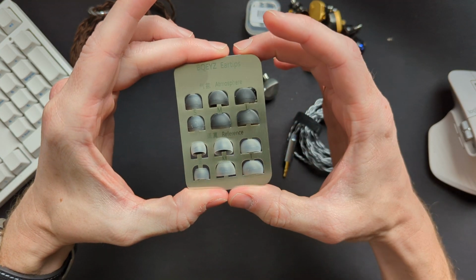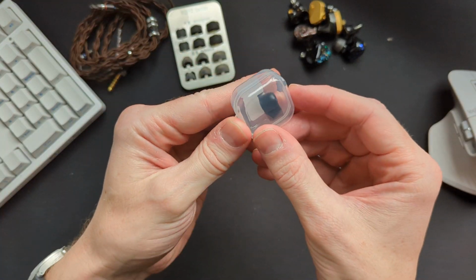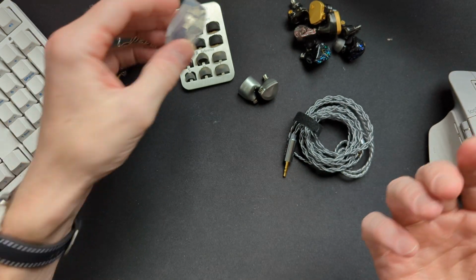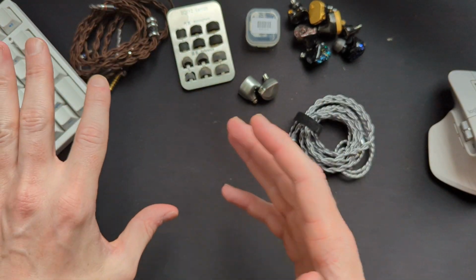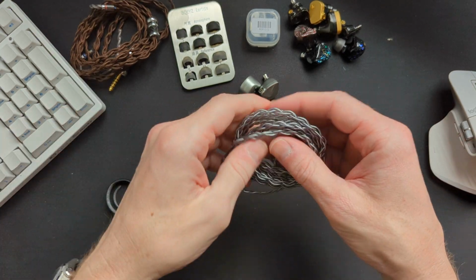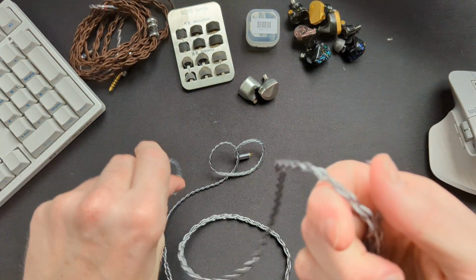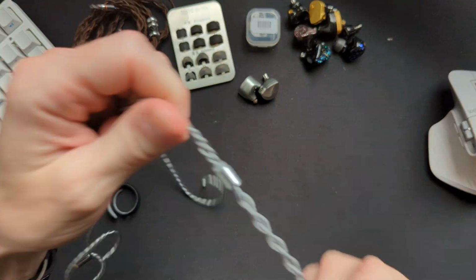There we go, and it's got the nice little holder that comes with it. So that's a cool little addition. In here you get some Comply foam tips just in one size, and then there's a really cheap set of silicone tips that I didn't even bother to show you. The cable on it is really nice. It's nothing spectacular. It's not what I would call a premium cable, but it has really nice